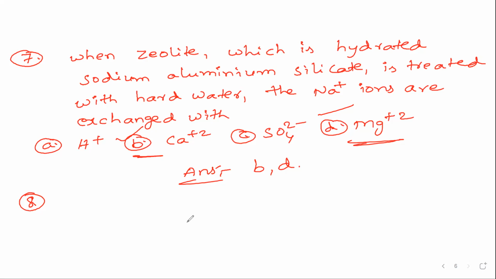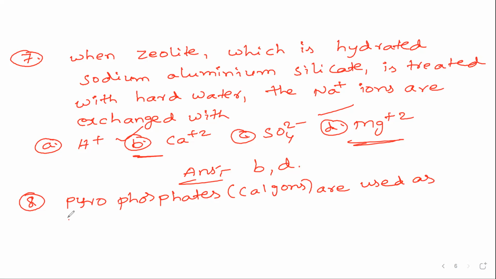This is a JEE Main IIT JEE 2002 question. It is also a very important question. Please listen carefully now. I'll write it on the first page because it is a lengthy question. Pyrophosphates, nothing but calgons. Pyrophosphate is also called calgons. Are used as water softening agents